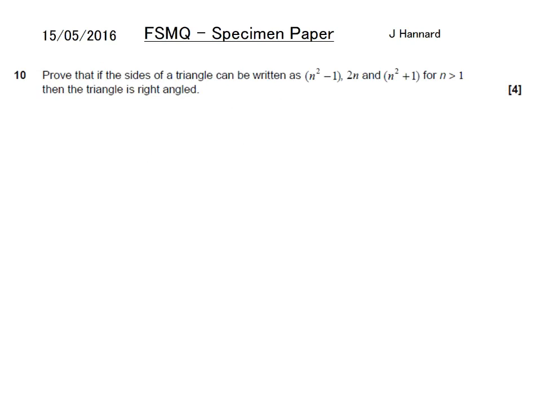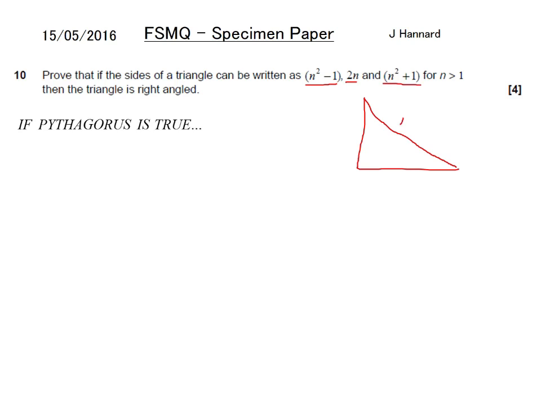Question 10 then. Prove that if the sides of a triangle can be written as n squared minus 1, 2n and n squared plus 1, for n is greater than 1, then the triangle is right angled. So if Pythagoras is true, let's draw ourselves a little right angled triangle. The two smallest sides, which is going to be that and that, must add up to get the bigger one. So we would say that, but it's got to be the square, remember. So it'll be the square of that equals 2n